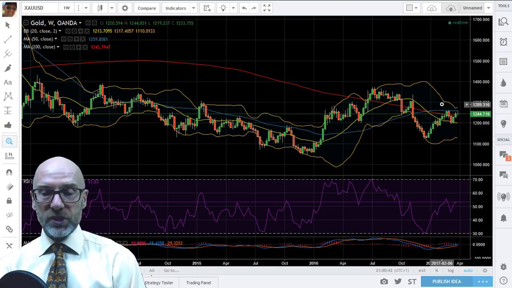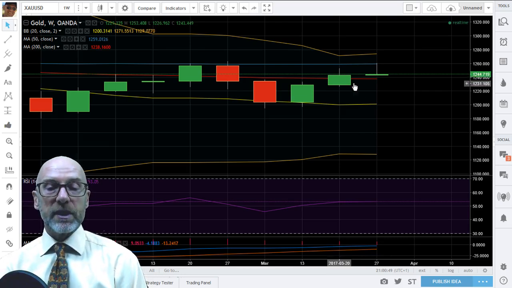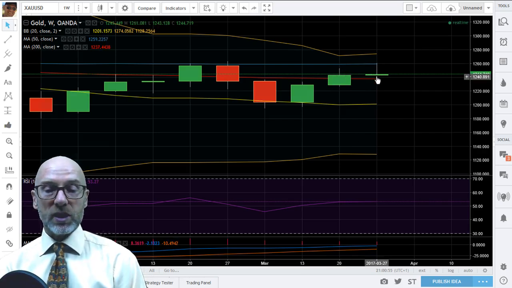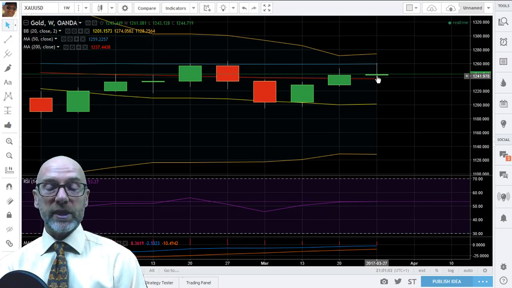Let me focus in on the last few weeks. And you can see here, this is this week's trading. You can see that we went above last week's high, but it looks like we're Thursday night now, so the end of trading is tomorrow. It's looking like we are going to close, unless there's a rally tomorrow, we are going to close towards the bottom, and this is a hammer picture, which is negative. You could even call it a shooting star negative formation,